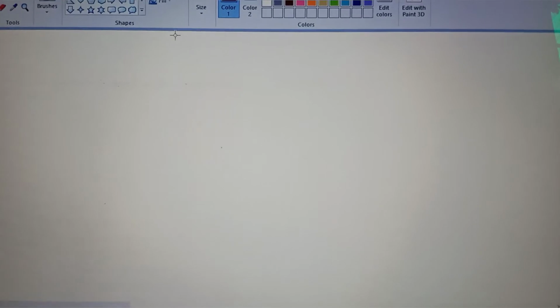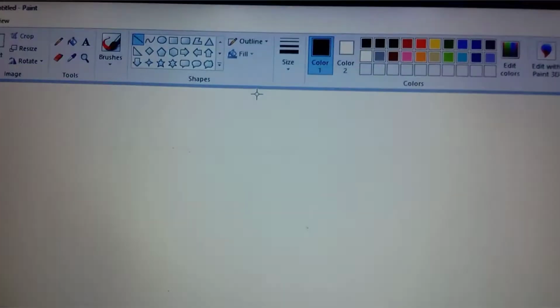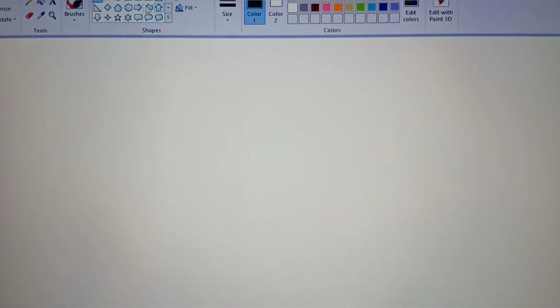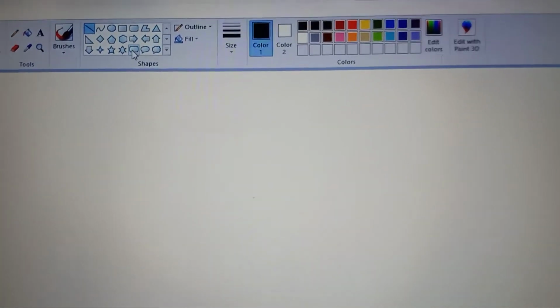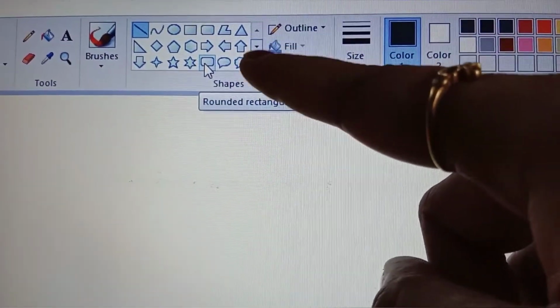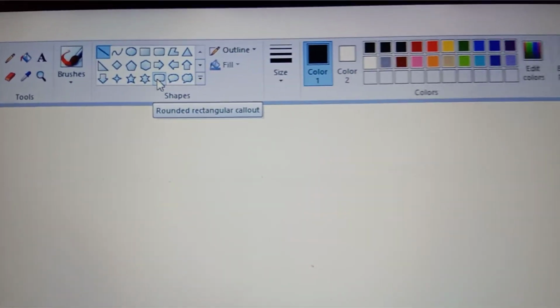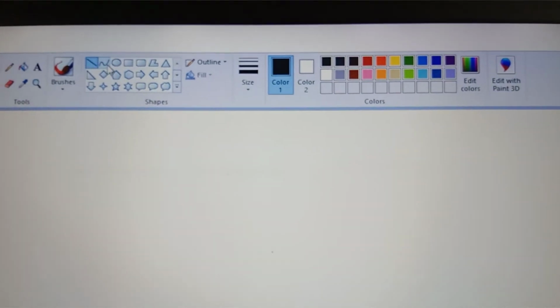Also we can draw by using the pencil and brushes, using free hand. There are also some ready-made polygons present. You can see that these are closed pictures. Every shape is closed except some shapes. This is a line and this is known as the curve. So we can also draw the polygon by using the line. The polygon shape in the shape group is used to draw the polygon in Paint.